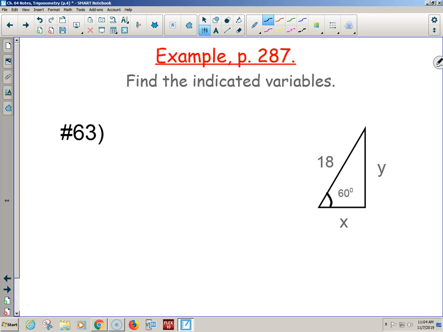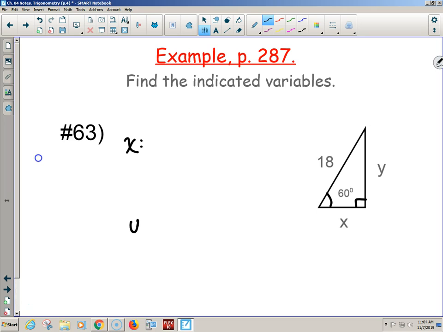What can you all assume this is? But careful with assuming. It'll be labeled. Okay. What do you know? 18 and 60 degrees. What do you want? X and Y. Can you solve for those two variables at the exact same time within the same equation? No. We have two unknowns. Don't we always need two equations? Yeah. So we have to set up two different equations. Right now, we need X, we need Y.